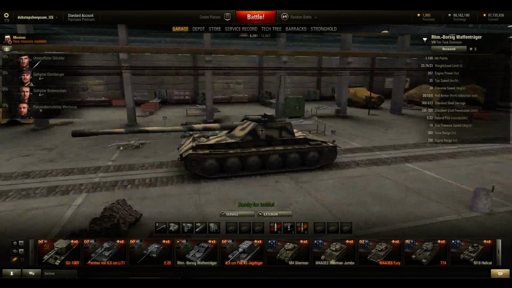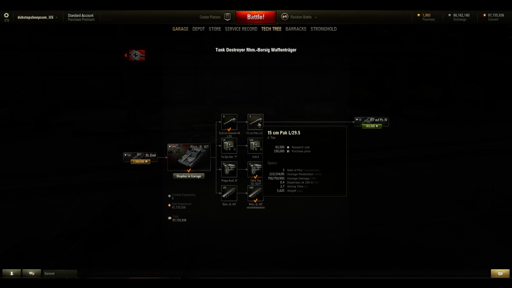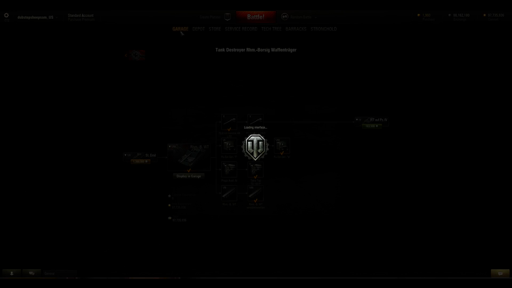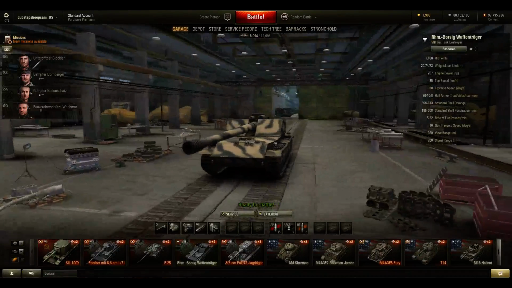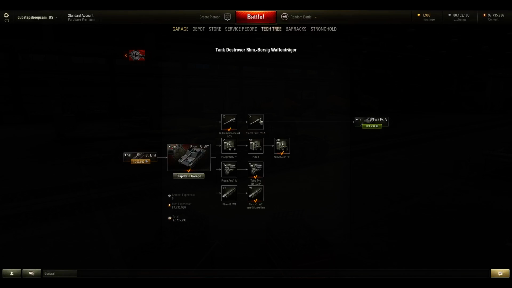And this tank mounts the 128mm gun or the 150mm gun, also known as the 15cm Pack L29.5. Really, from my experience with this tank, the 128mm is the gun to go with, because the 150 is much more inaccurate. And they're both tier 10 guns, so it's not like you get different tier guns where one is significantly better than the other. But the thing about this one is